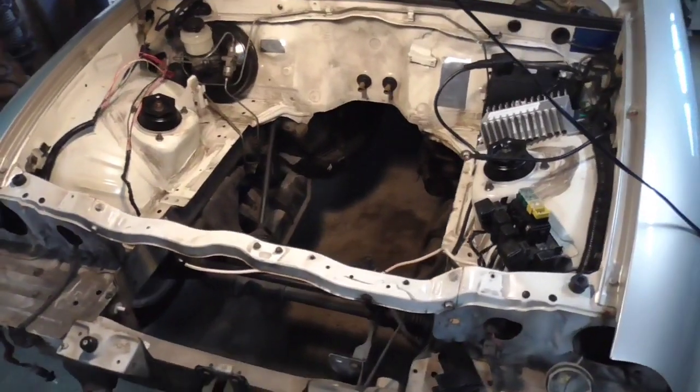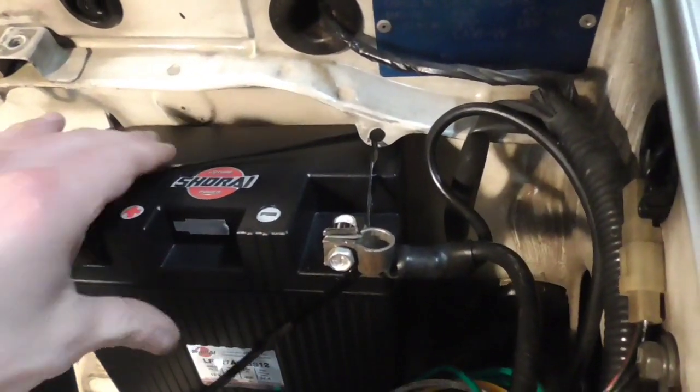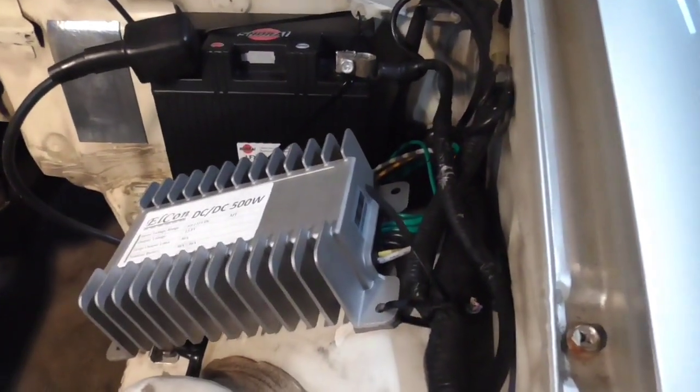Got some items installed now. We got our 12-volt battery installed right here. It weighs under 4 pounds with everything. Got it on some padding and some tie wraps, cable ties. And then right next to it,